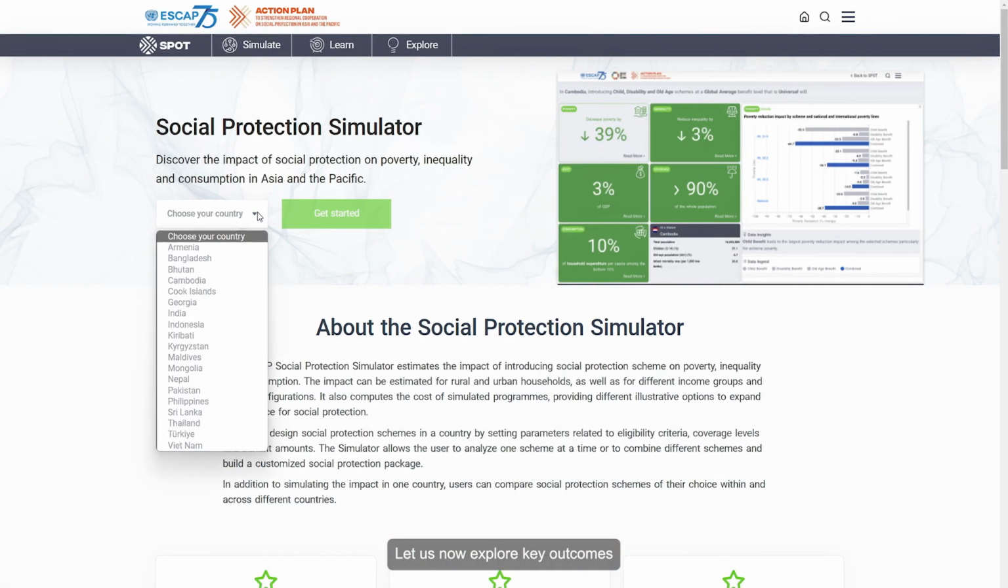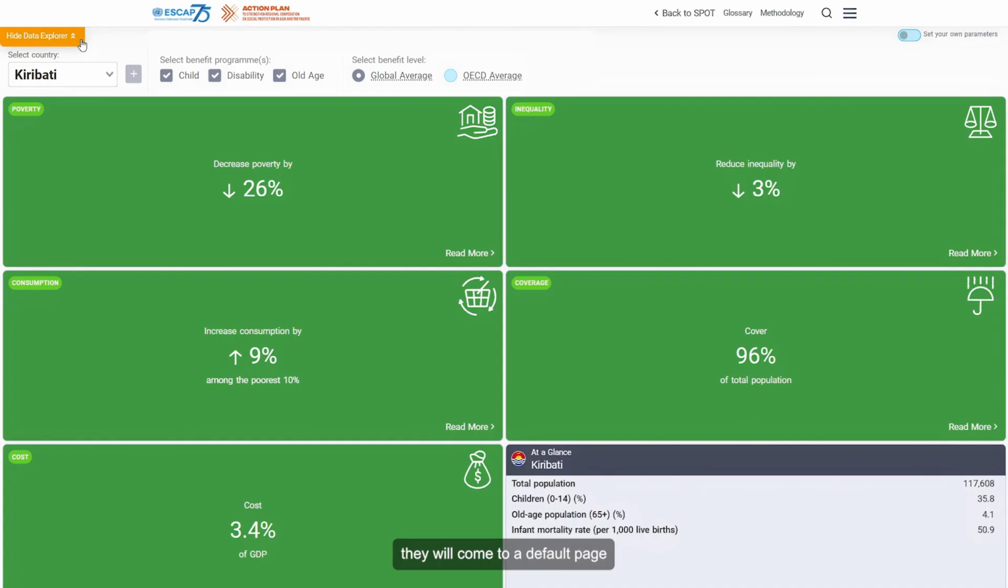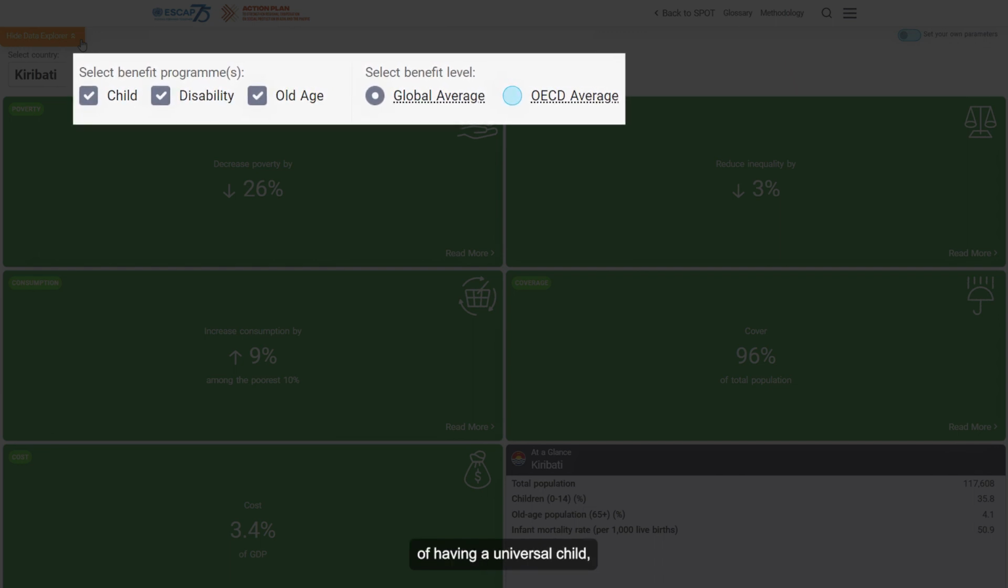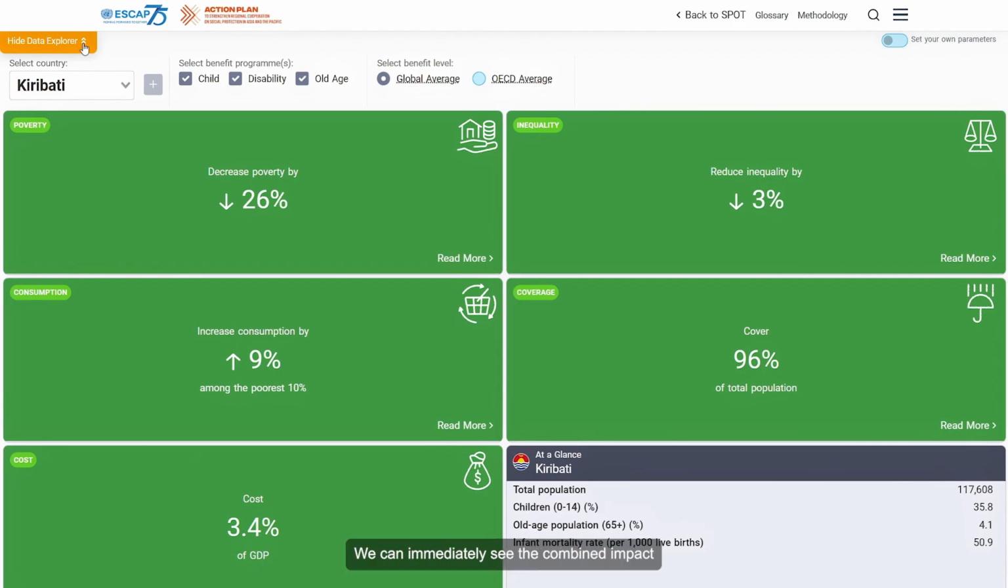Let us now explore key outcomes in Spot Simulator with examples. When users select a country, they will come to a default page that shows the impact of having a universal child, disability, and old age benefit set at the global average. Let's select Kiribati. We can immediately see the combined impact of providing a universal child, disability, and old age benefit